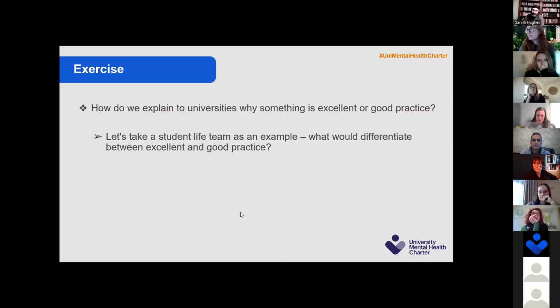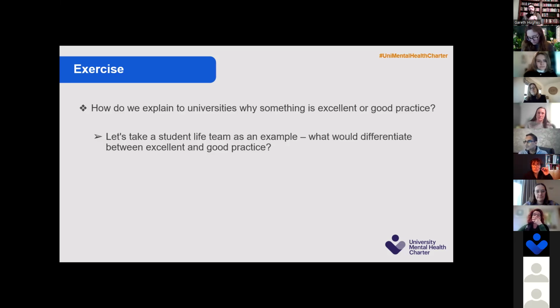So one of the things that we spoke about was the difference between being just reactive, so just responding to an issue that's already presented, providing advice once a student already presents, providing financial support or social support after a student presents. But actually, what do they do to be proactive, to prevent crisis, to educate, inform, and support students and staff as a whole, while recognizing different cultural needs, different needs from people of different backgrounds? How do they respond and proactively support in a unique way, recognizing all those differences?